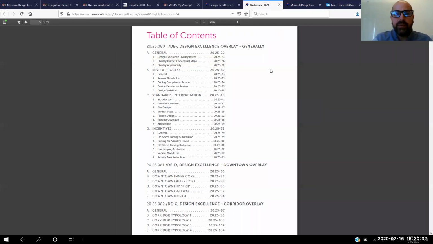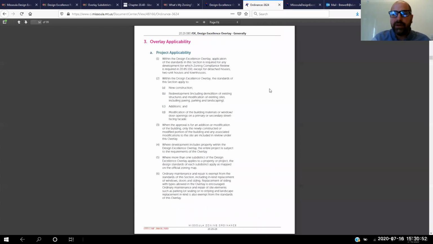Just as a brief review of this, 2025-080 is the general chapter, and it'll include the intent of the overlay and the original conceptual maps that it was based on. This applicability section is very important to be familiar with. It has provisions of when the overlay itself applies or doesn't, as well as